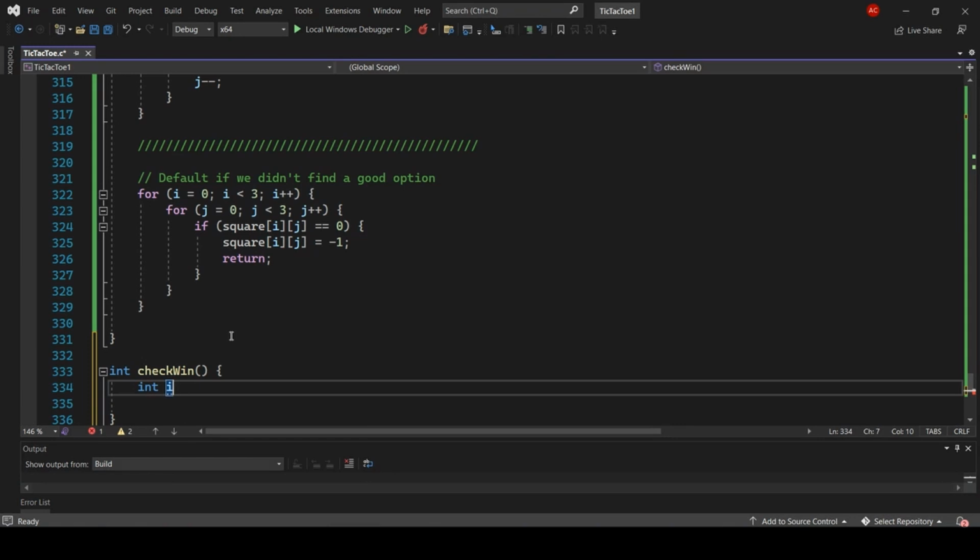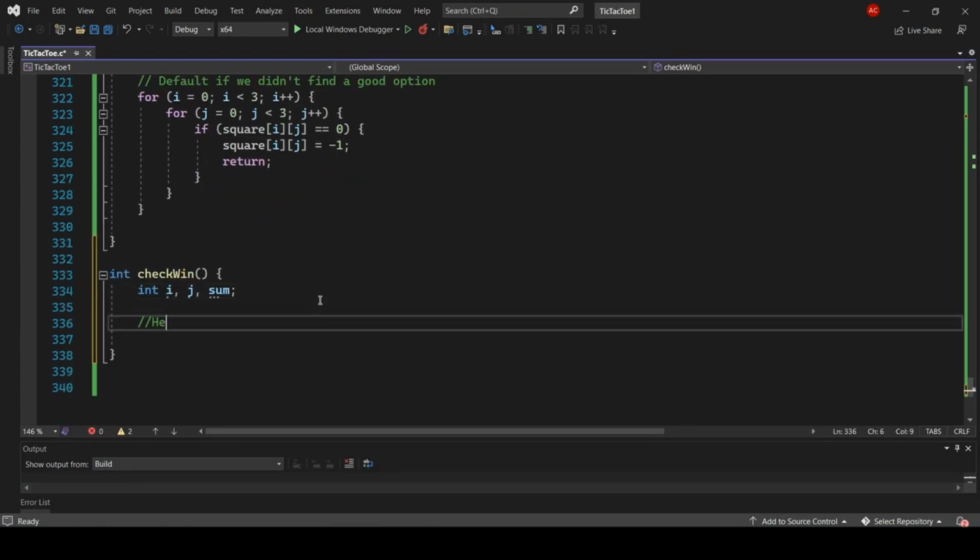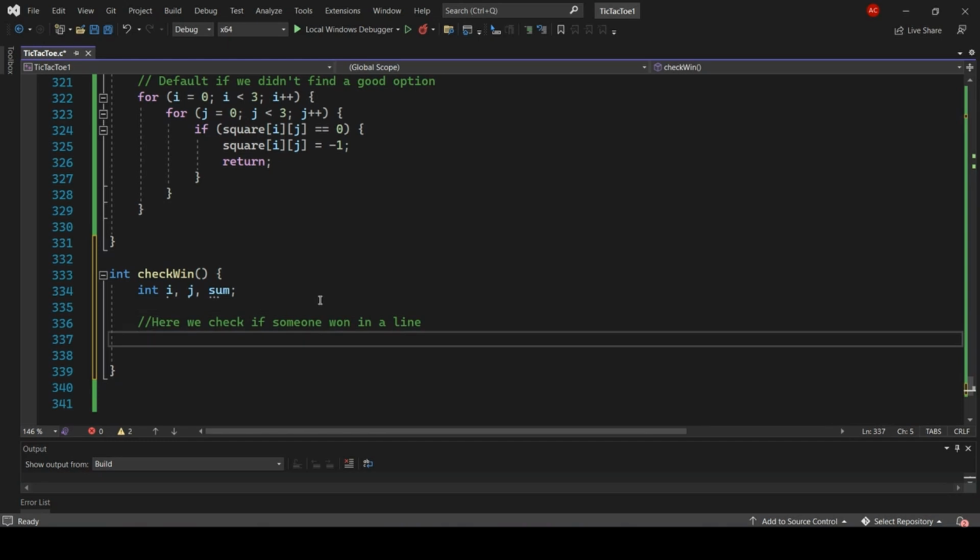Now we create a function that checks if someone won. We will sum each row, each column, and the two slants. If the sum is equal to 3, the user won. And if the sum is equal to -3, the computer won.